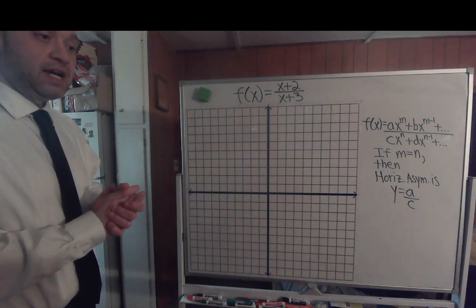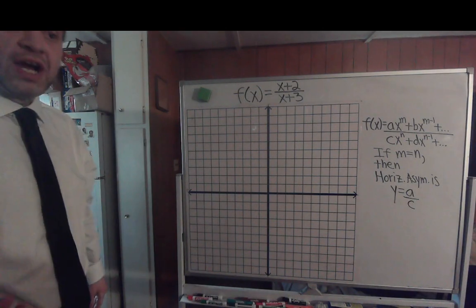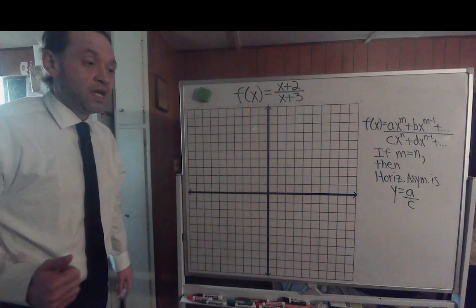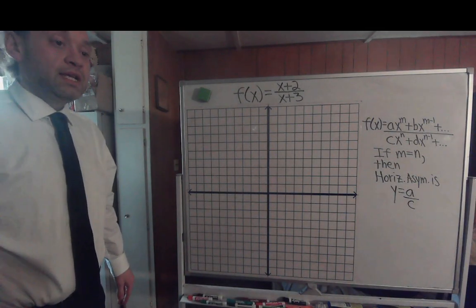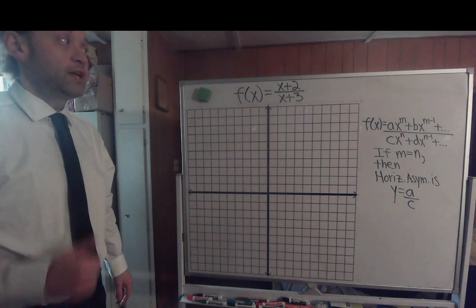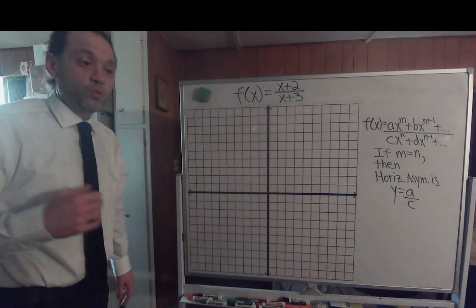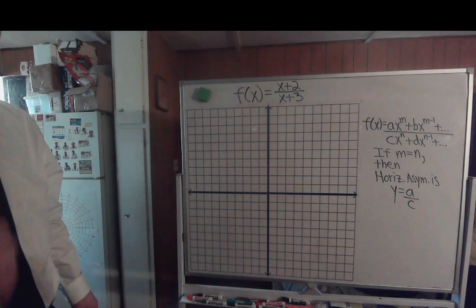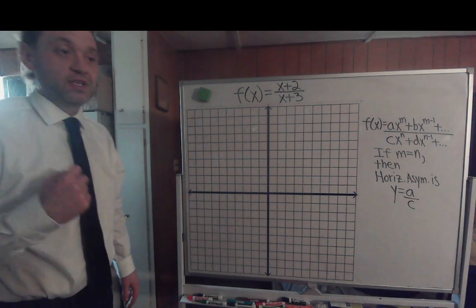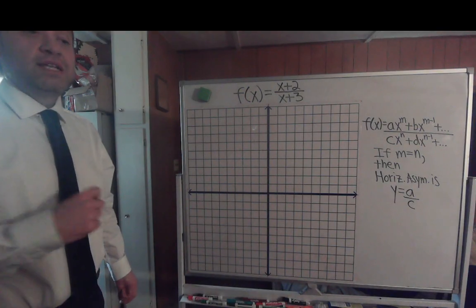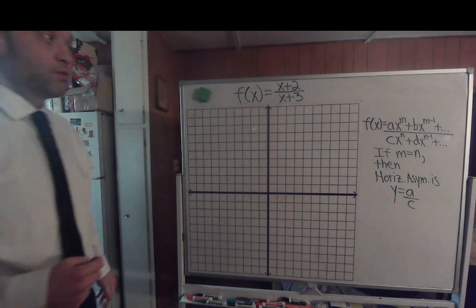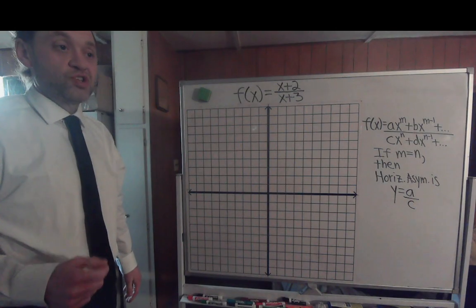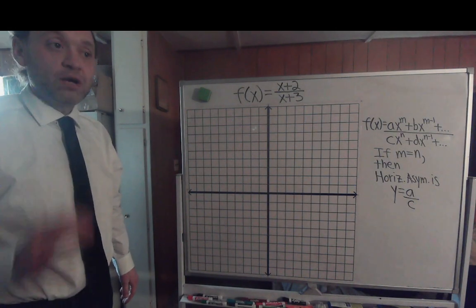So today we are going to continue more with graphing rational functions. In yesterday's lesson we graphed rational functions in which the degree of the numerator was less than that of the degree of the denominator. Today's lesson we're going to talk about graphing rational functions in which the degree of the numerator equals the degree